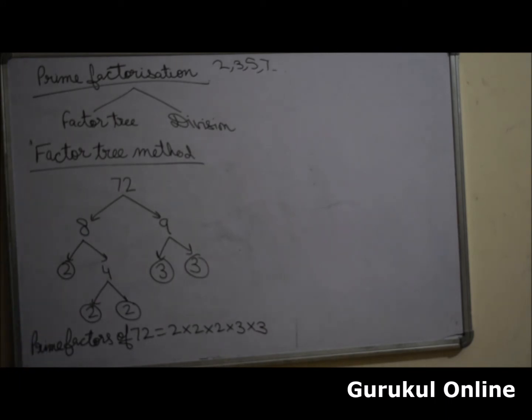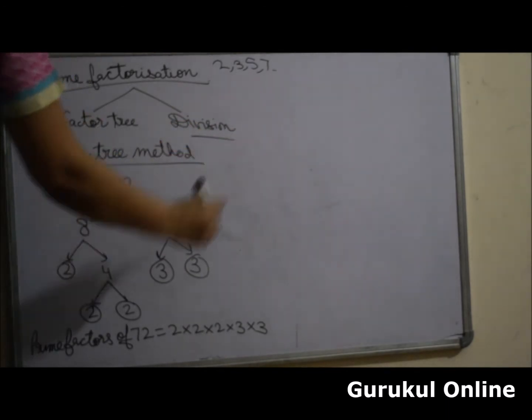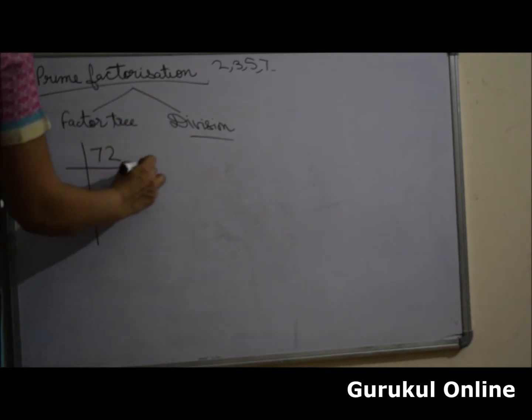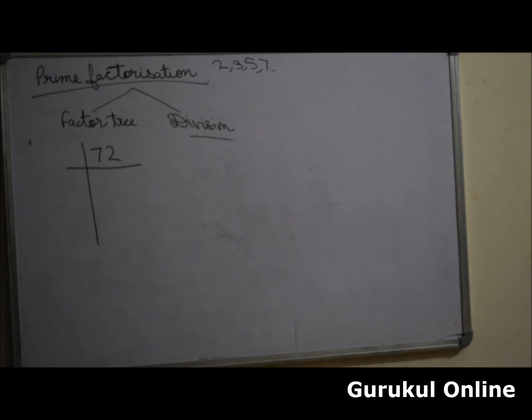Now we can find out prime factors using the division method as well. So the factor tree method is clear. We'll now understand the division method. Now we will divide 72 with prime numbers. So we'll start with the smallest prime number. So let's think about 2. First of all, you should know divisibility. If you don't know that, for that please watch my video on the divisibility test, the link for which I'll give in the description below. So if you are clear with the divisibility test, then let's move forward.